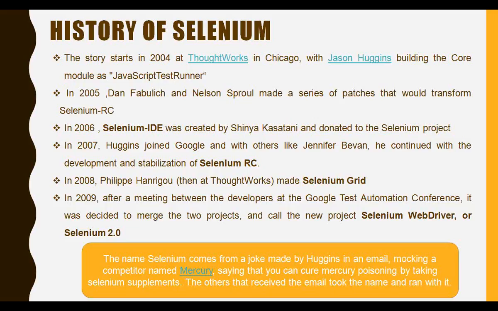So Selenium RC is 1.0 and Selenium WebDriver is Selenium 2.0. Officially we will call it RC and WebDriver. So RC means 1.0, WebDriver means 2.0. Okay? Guys, any doubts?